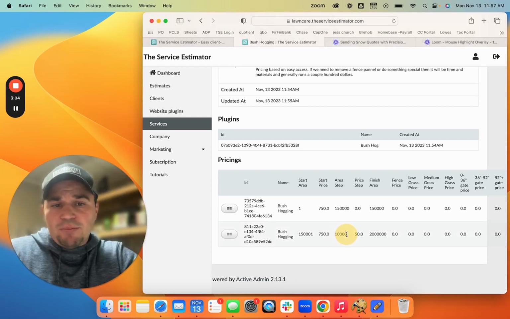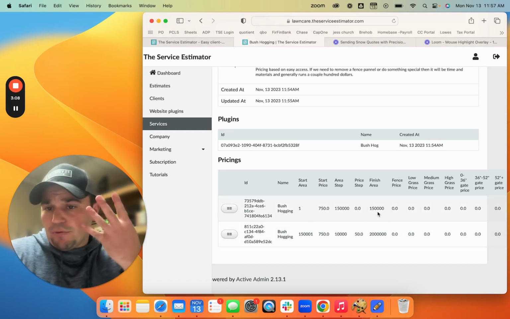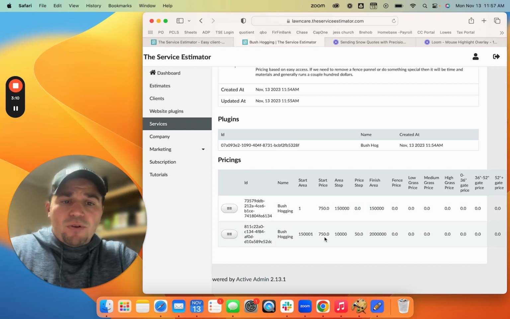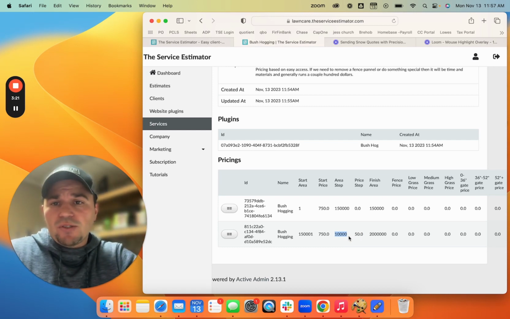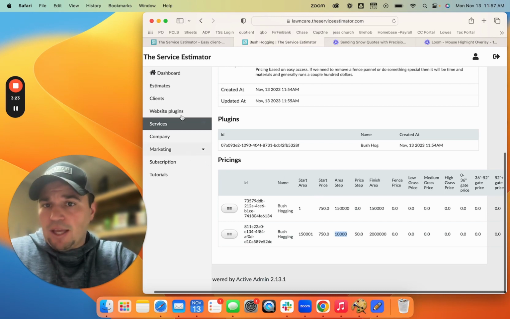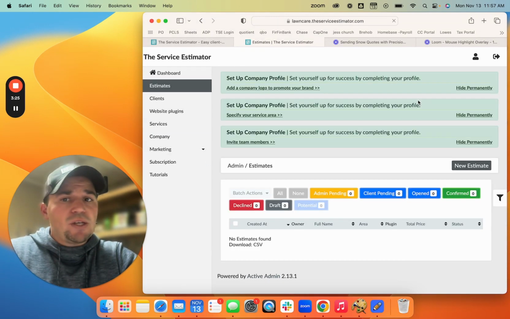How we have it set up in the pricing: there's our minimum, $750 to come out, covers you to about 4 acres. Then after that, it's $50 per 10,000 square feet, so $50 per quarter acre for us to provide additional bush hog services. And so now that it's set up and it's within your tool, when you say send